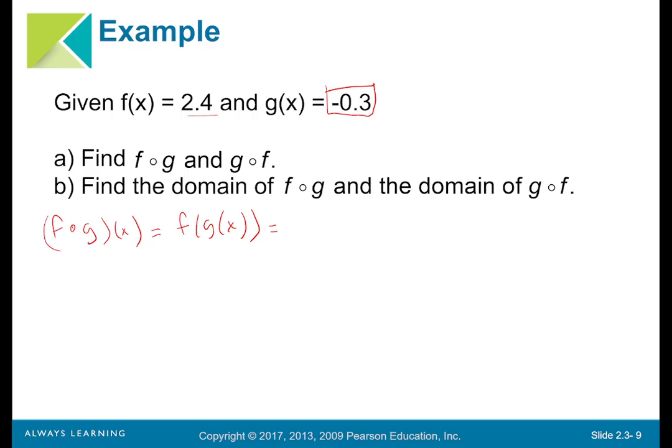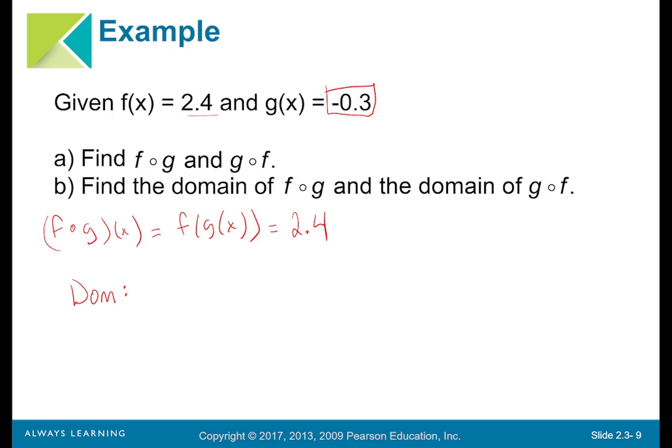But there is no x in f of x, so we're just going to write down what f of x is, 2.4. There's no x to plug in the 0.3. The 0.3 plays basically no role here. So f of g of x is just the constant function 2.4. And as weird as it feels, when we talk about the domain of this function, we actually have no x values to worry about here. So essentially the domain